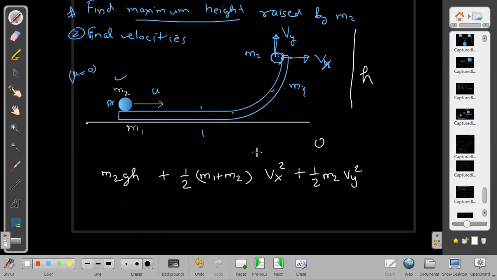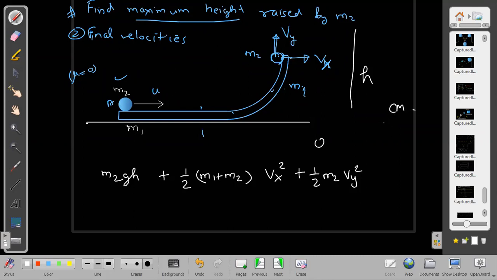And here the center of mass frame is different from the ground frame. In which cases is the center of mass frame the same as the ground frame? I am asking again, listen carefully. When the center of mass is initially at rest and continues to be at rest. Because if the center of mass is at rest, then that frame is also the ground frame.